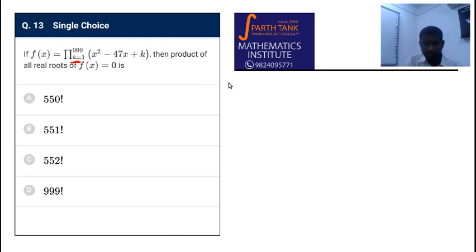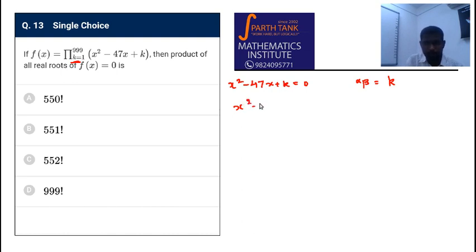What do I mean? Take the equation. The first of those equations would be, now this will have two roots, right? If these two roots are, let us say, alpha and beta, then the product of those two roots will be k, because it is k by 1. You know the product of the roots is c by a and the sum of the roots is minus b by a. So the sum of the roots, for example here, would be 47 and product of the roots would be 1.